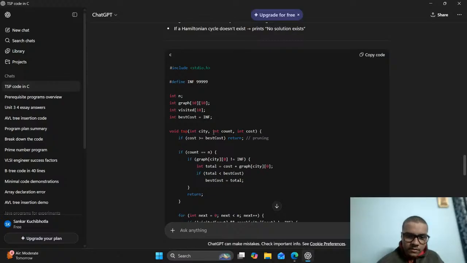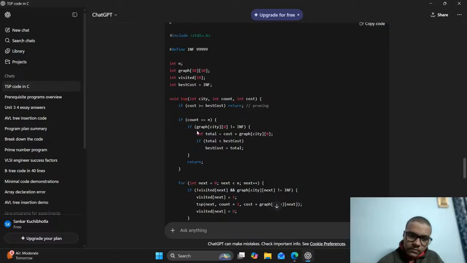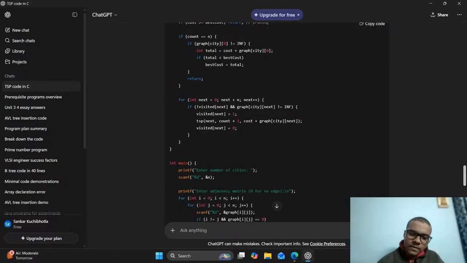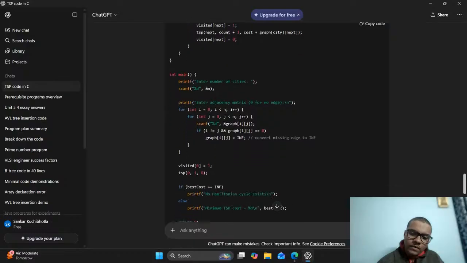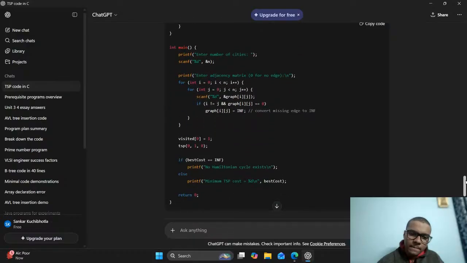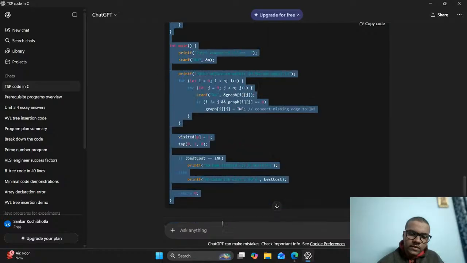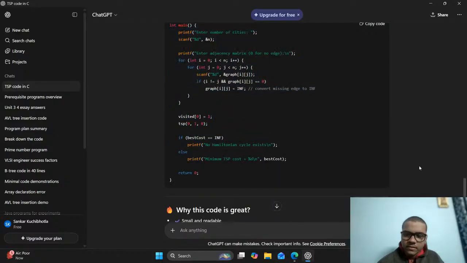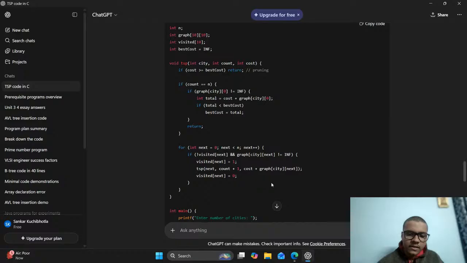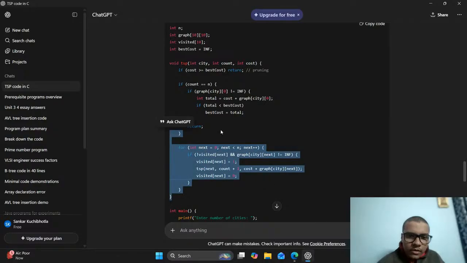Okay, if cost is greater than, if count is equal to n, if the value is not infinity. This is just graph taking, and so this is the core TSP logic over here. Not the main function. We can take the input and deal with it, but we just need to focus on this thing and